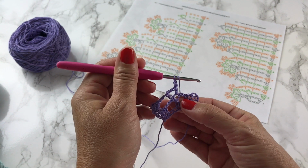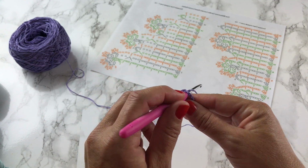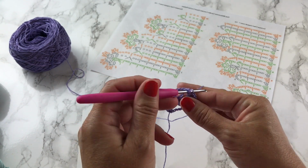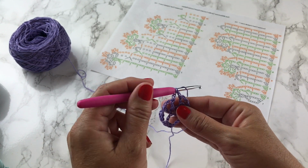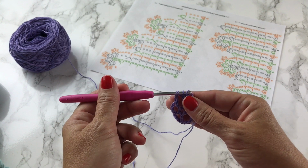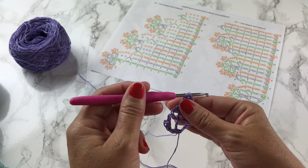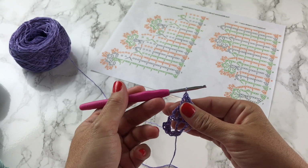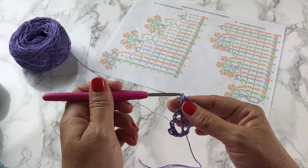We're going to work a 2 double crochet cluster, yarn over your hook, insert your hook in the ring, yarn over, pull up a loop, yarn over, pull through 2. We now have 2 loops on our hook, yarn over, insert your hook in the same ring, yarn over, pull up a loop, yarn over, pull through 2. We now have 3 loops on our hook, yarn over and pull through all 3 loops on the hook, and that's a 2 double crochet cluster. We're going to chain 3,